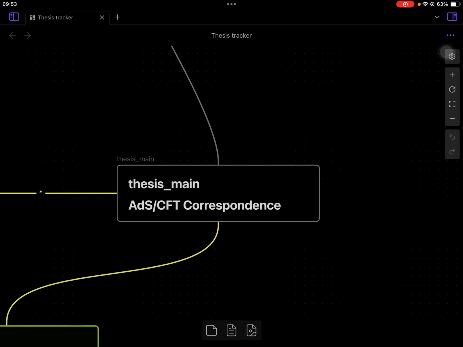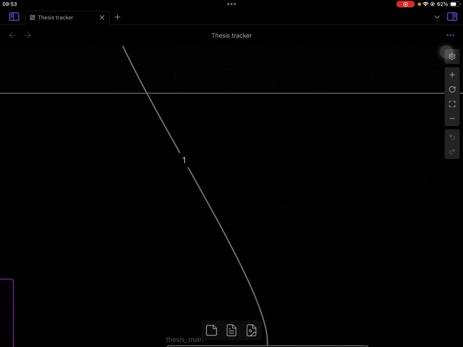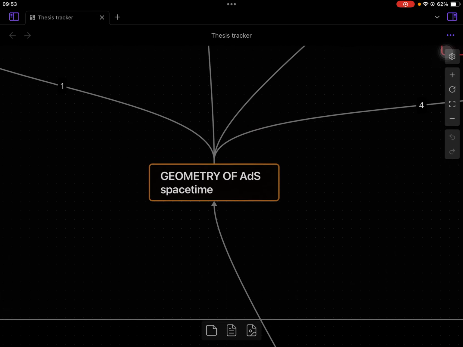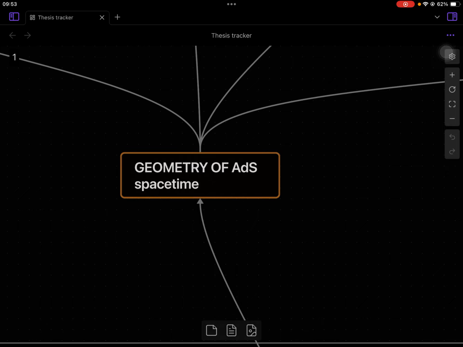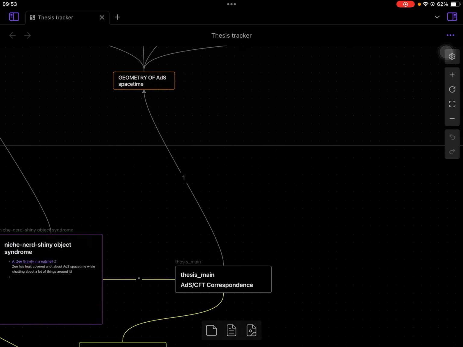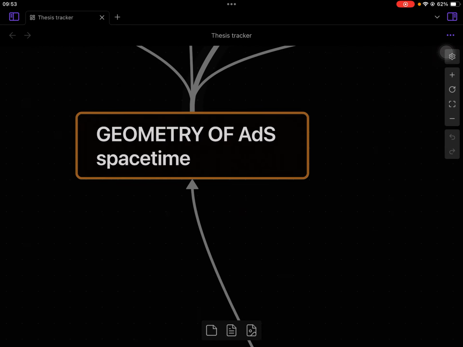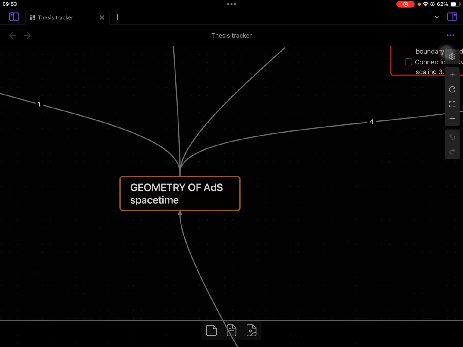This is the correspondence. There are many elements that come into this which I'm not yet aware of, of course. There is no field theory that I'm doing right now. The first thing that I'm trying to understand is the geometry of AdS space-time. I'm working with Dr. Yogesh Srivastav here at NISER, and he assigned me the first topic of geometry of AdS space-time, so I could start reading on that.